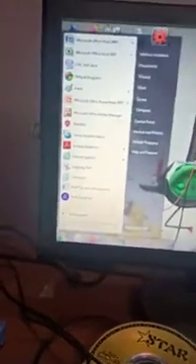My desktop background is like that and I want to change it, so you have to click on the start button, and click on the control panel, and under the category view by category, you have to click Appearance and Personalization. And when Appearance and Personalization comes, you have to click on the Change desktop background link.